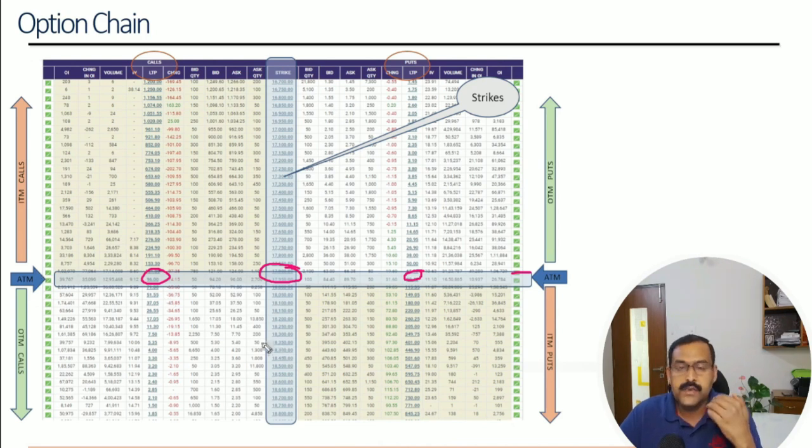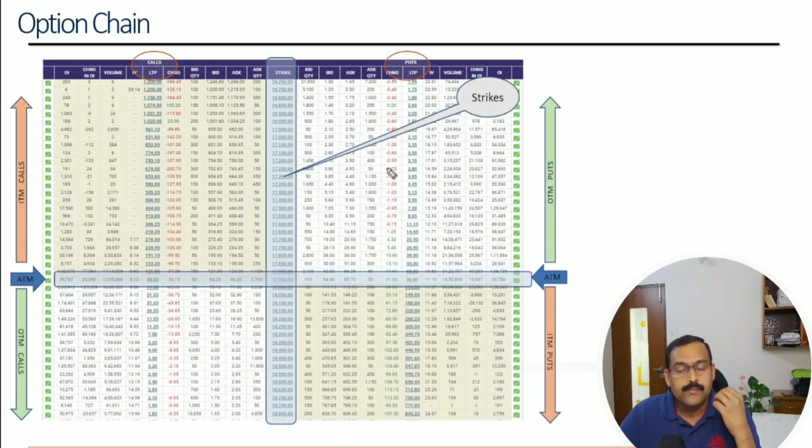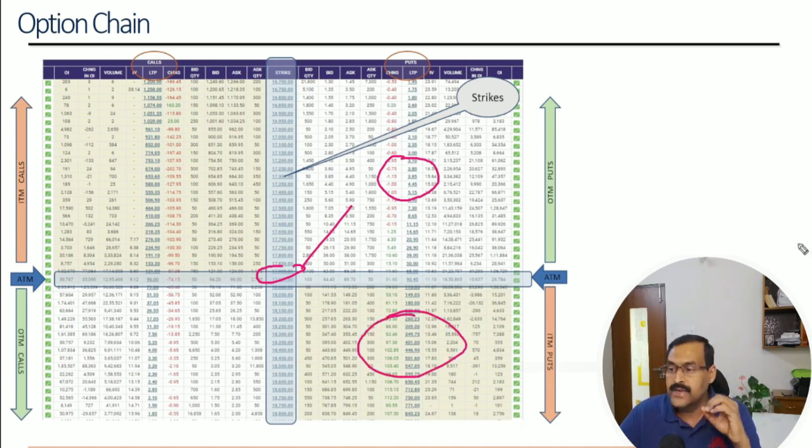And all the call options above the spot, this side, the white area, are out of the money call options. And opposite side, that is all the call options below the spot, here, the shaded area, all these call options are in the money call options. Similarly, for the put options, all the put options which are below the spot are out of the money, this white area. And the opposite side is the in the money for the put options. This is how you have to interpret.